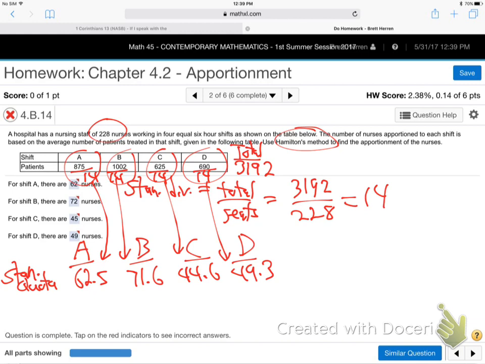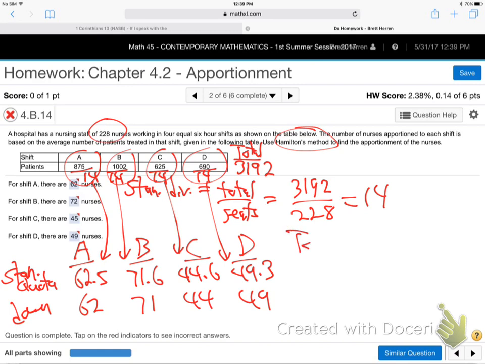So round them all down. So I'll just say down. So 62, 71, 44, 49. Down means down. Even that 0.6 went down. Both 0.6s went down, huh? There's a difference, right, that we talked about yesterday, between rounding off. Rounding off is the normal kind of rounding you're used to, when 0.5 goes up, 0.4 goes down. When they say round up, they mean up, even 0.1 goes up. When they say round down, they mean down, even 0.9 goes down. So I mean everybody down.